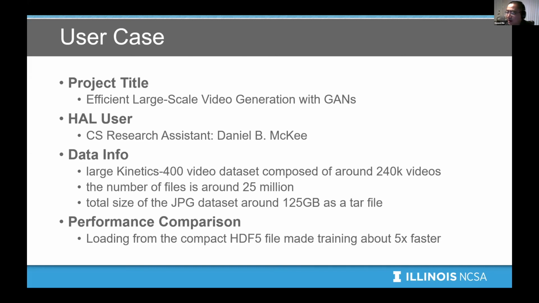After we had these two tools ready, we helped them convert this 125 gigabyte tar file into 125 gigabytes of HDF5 files. They didn't change their code too much, just a few lines, but the loading performance has greatly improved. Because they are using very small files, around 16 to 32 kilobyte JPEG files, they are using the compactor,